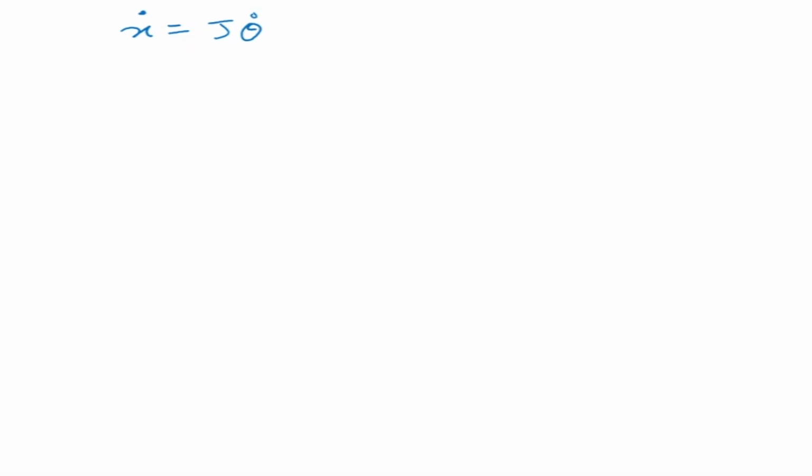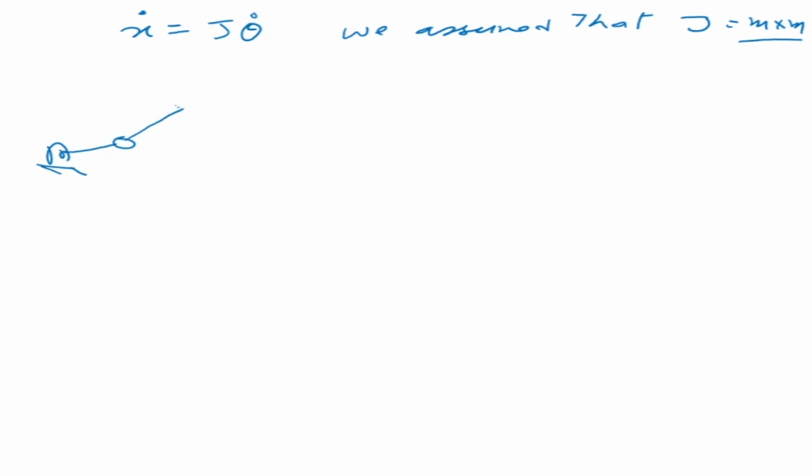Now so far we assumed that J is m into m, which is a square matrix. But now let us say that J is not square. Then what happens? So let us say that I have a 3 degree of freedom manipulator like this. So there is 1, 2 and 3. This is my x y. So in this case, J is equal to 2 into 3.